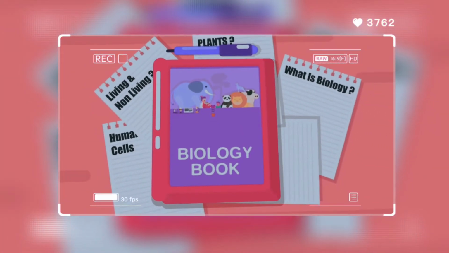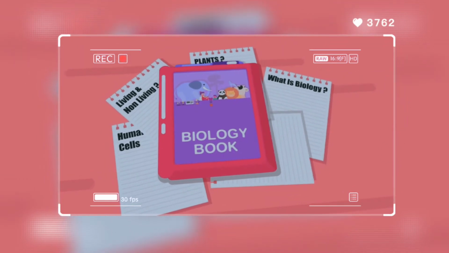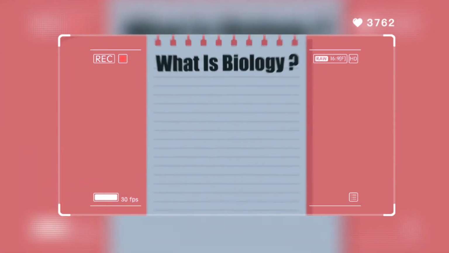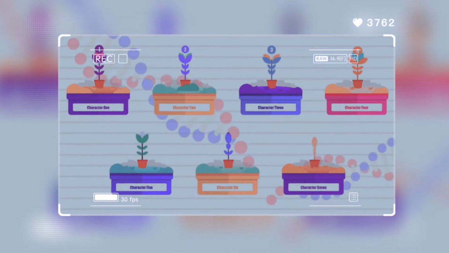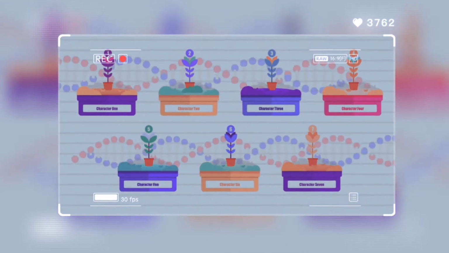Biology is a field which answers these questions and many more questions related to living things. What is biology? There are 7 characteristics that a living thing follows, and therefore we study this in the vast field of biology. These are: